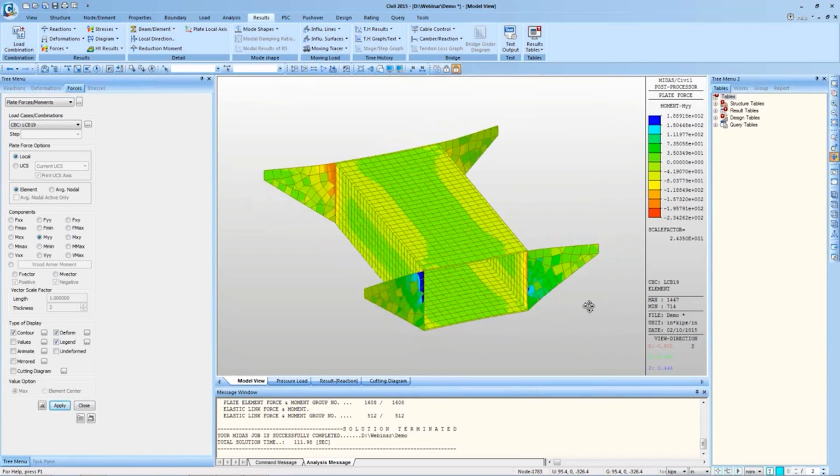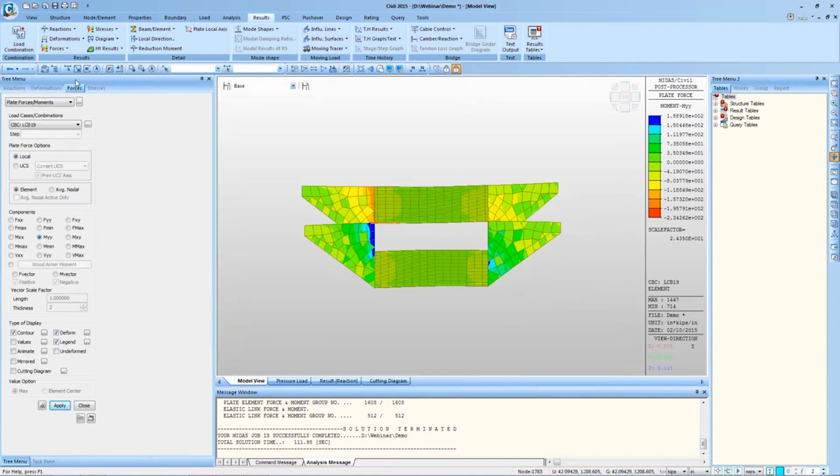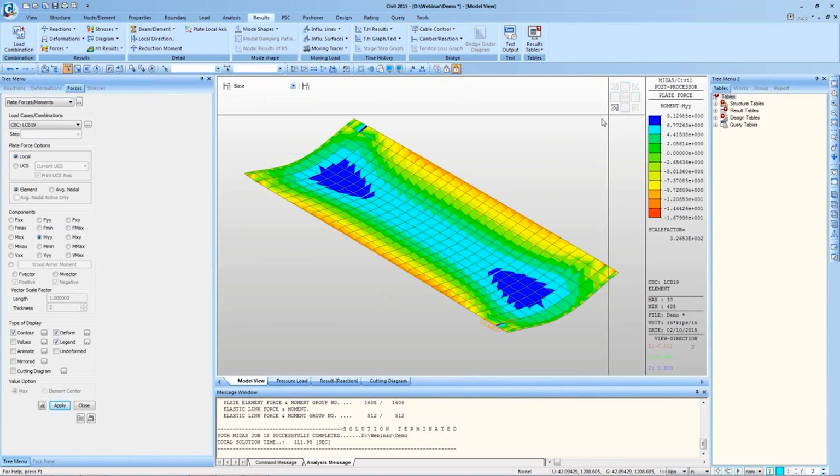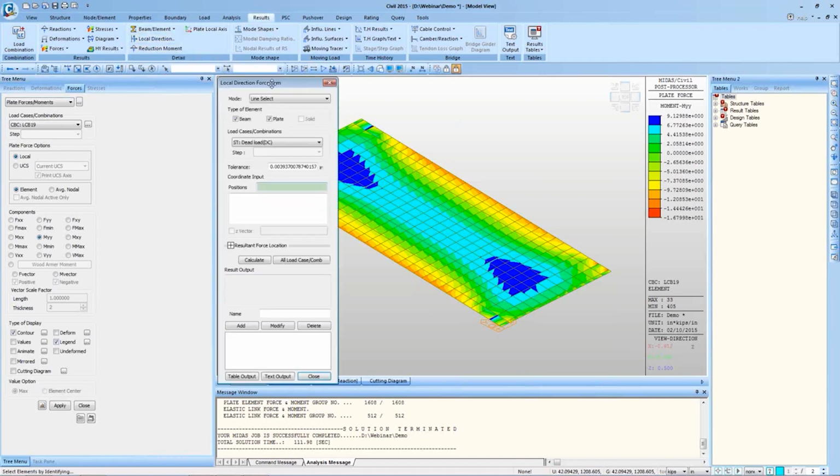For using the values for design directly, we have several options. The first option is to use local direction force sum. To demonstrate this feature, I'll use fewer plates. Let me uncheck deform shape. For using local direction force sum and extracting the design forces, we can go to results tab and local direction force sum.